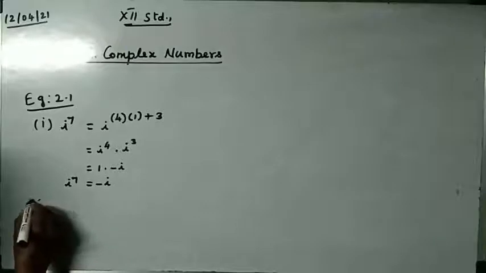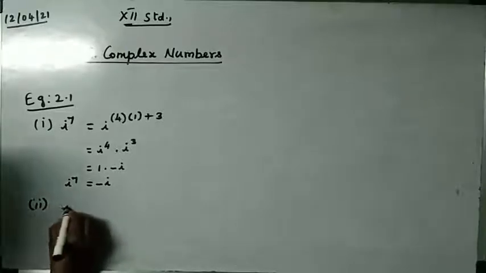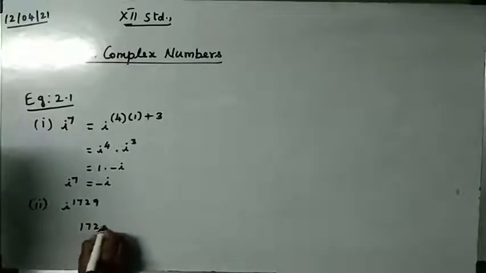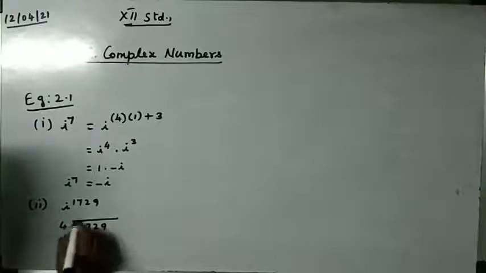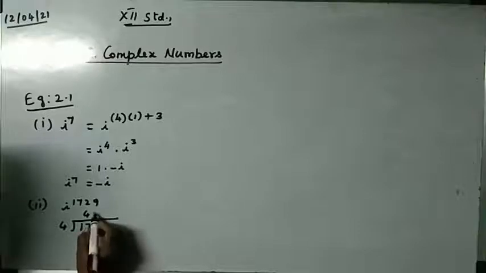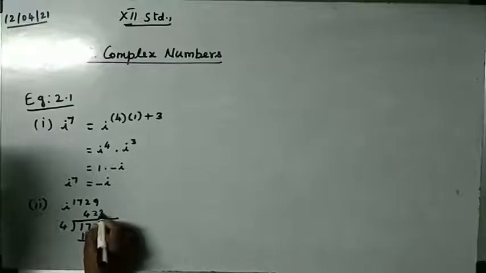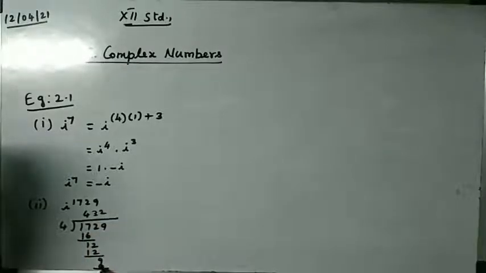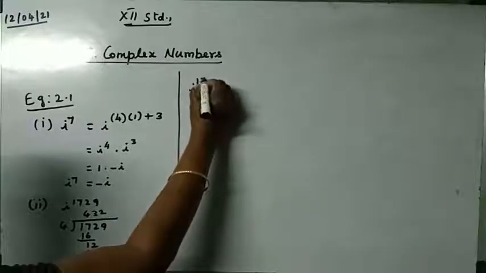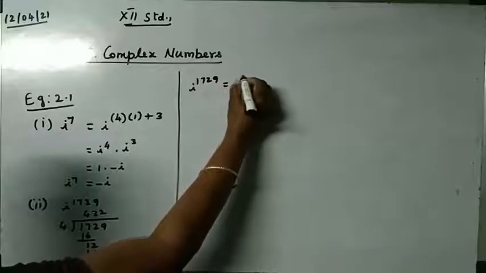Then question number 2. i power 1729. Now take this number 1729 and divide by 4. 4 times 4 is 16, balance 1, bring this number down, 12. 3 fours are 12, balance 0, bring this number down, 9. 2 fours are 8, balance 1. So the remainder is 1. So i power 1729 is equal to i power 4